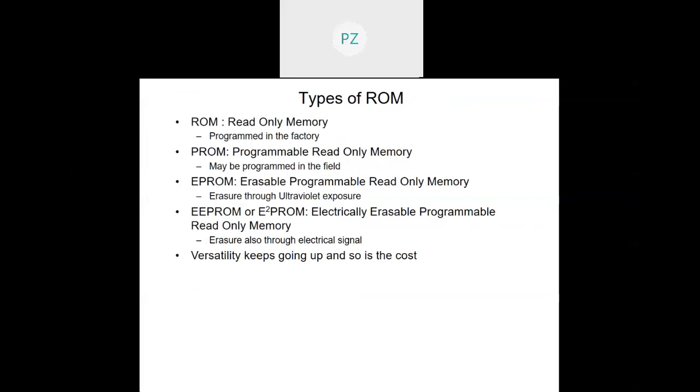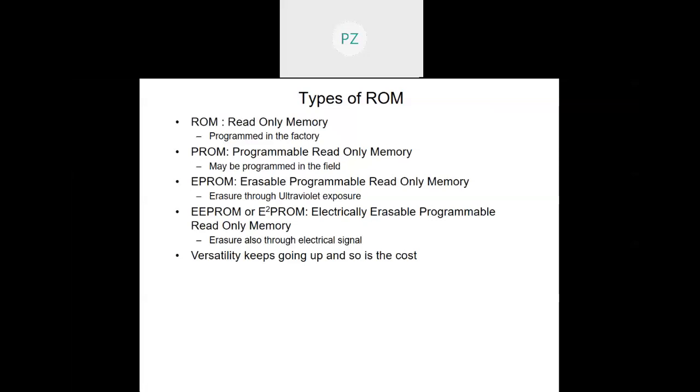Next, I'm going to explain the different types of ROM depending on their programmability. ROM is said to be a read-only memory. This is the simplest type, and this is programmed in the factory once and forever. Programming means blowing of those fuses. Those fuses were there, which take the connection to the OR gates. So once we supply what table we want to burn in a ROM, that is called ROM burning, that means programming the ROM. So what all fuses I want to keep intact, I won't burn them off, and whatever connections I don't want to be there,